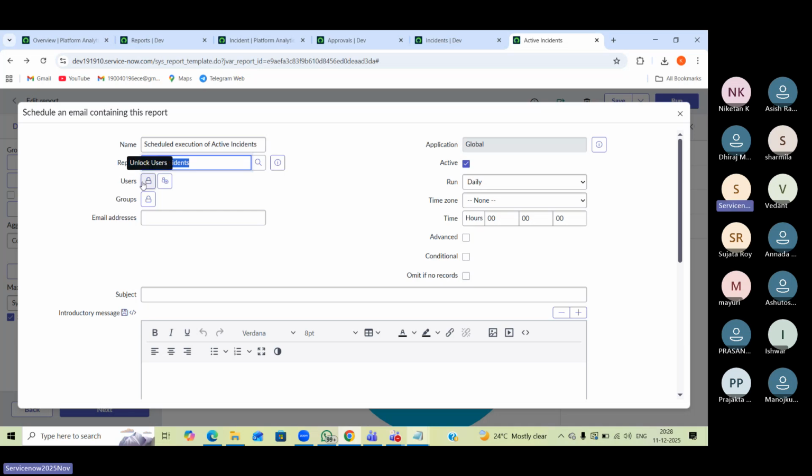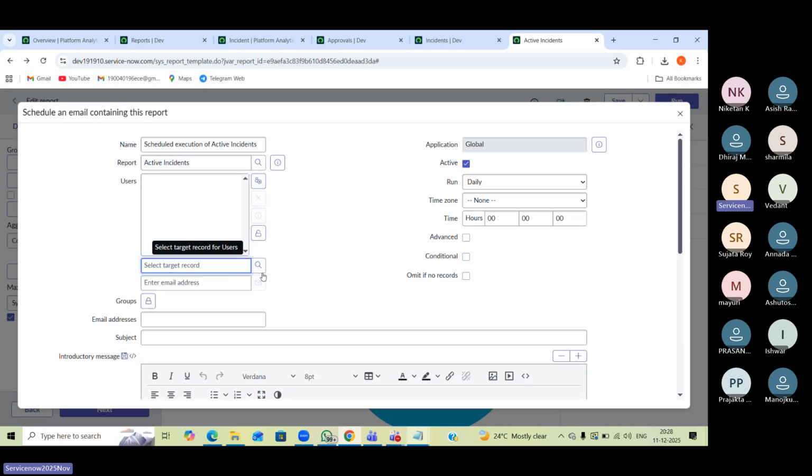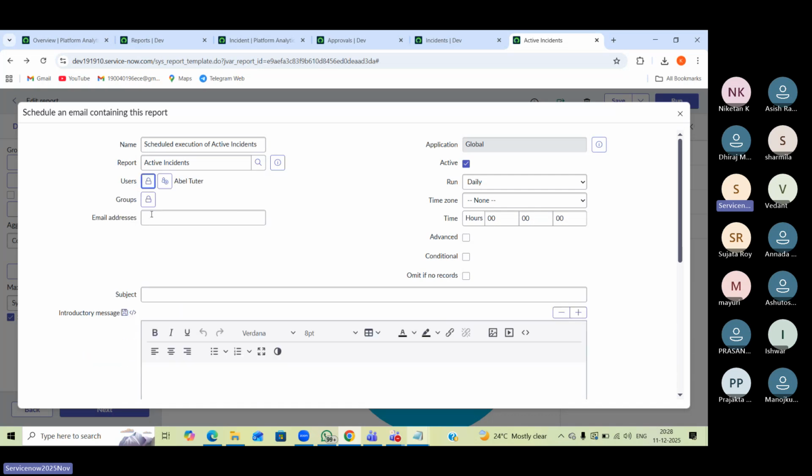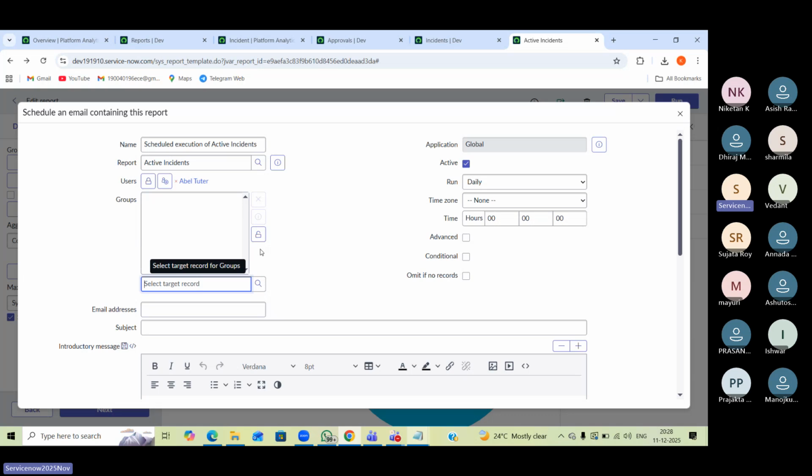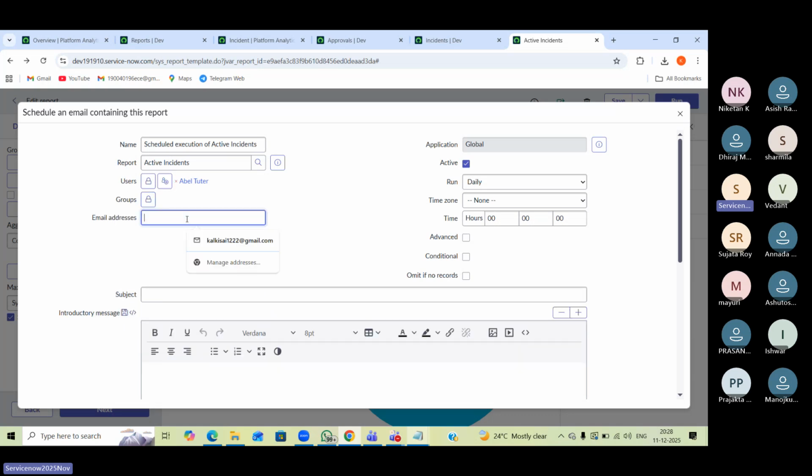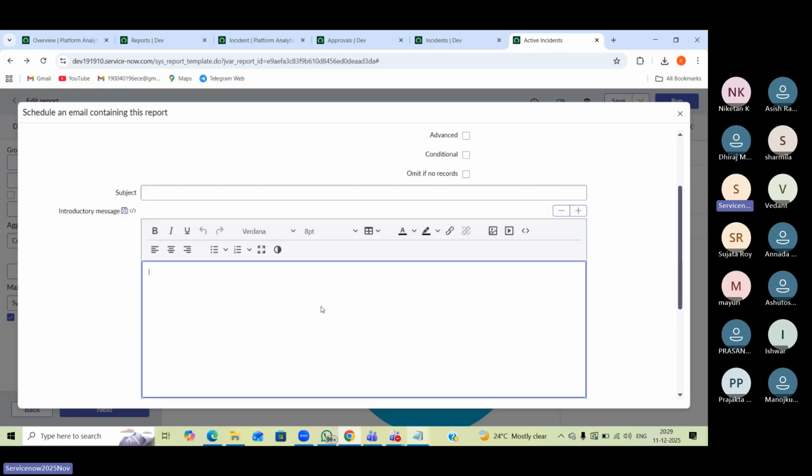And to whom do you want this report to be mailed? Do you have any specific user? If yes, you will enter that particular user here. And if you want to send to any group, you will enter that group name. If you want to send to some specific email addresses, you will add those email addresses separated by commas. And what the subject of the email should be, and what the message body of the email should be,